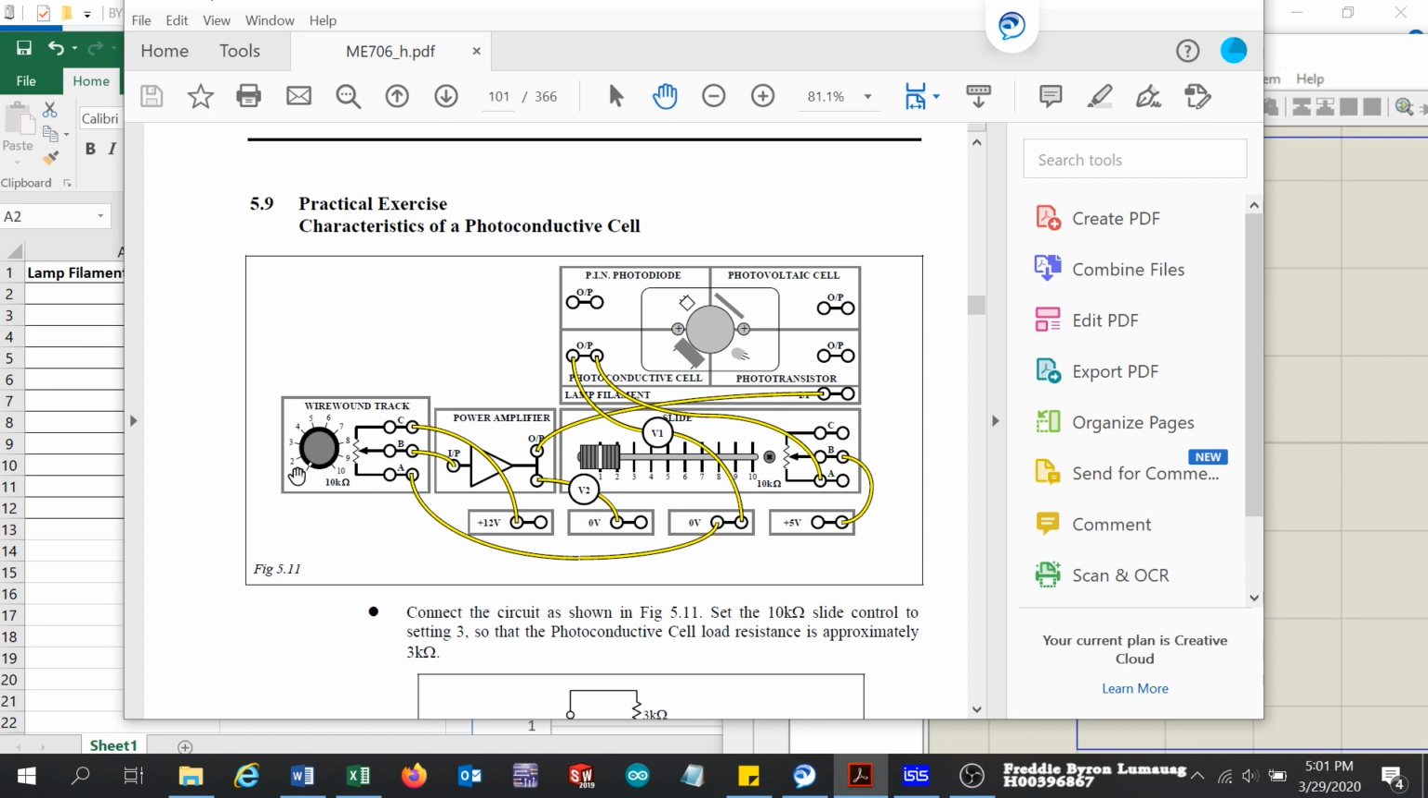Here on our practical exercise, we have a connection. It is connected from the 12-volt source to the potentiometer. This is a wire-wound track, and the output of the potentiometer is connected to the power amplifier, and the output of the power amplifier is connected to the phototransistor. This circuit is only to give power to the phototransistor in order to give light to our LDR,